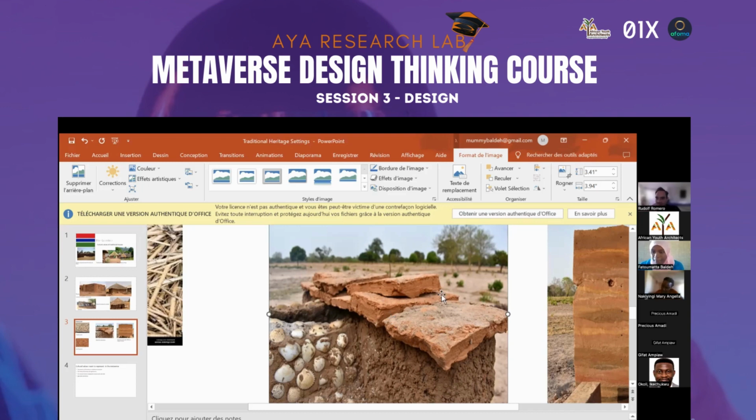Yeah, it is clear. Because we can take the buildings and put them in a metaverse, of course. That's not a problem. And Mary also showed beautiful architectures. I would love to see that. But then again, do we want to have, for instance, the thatched roof, the roof with the bamboo, right? It gives a very warm feeling, but would it not also be very dark?